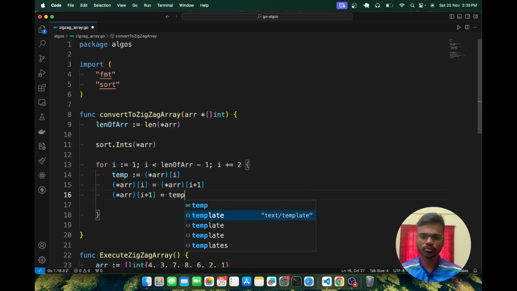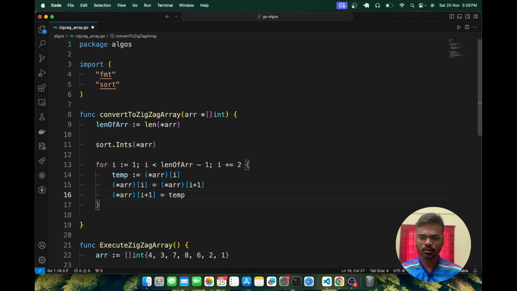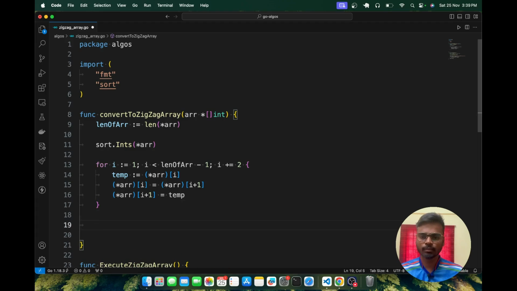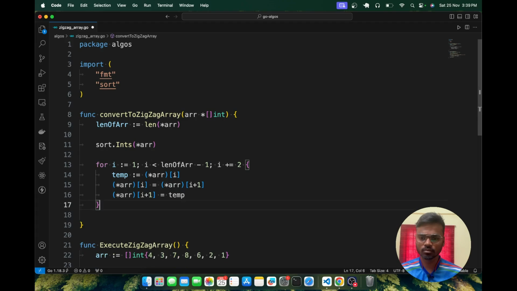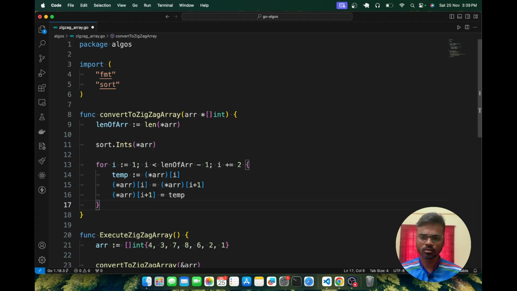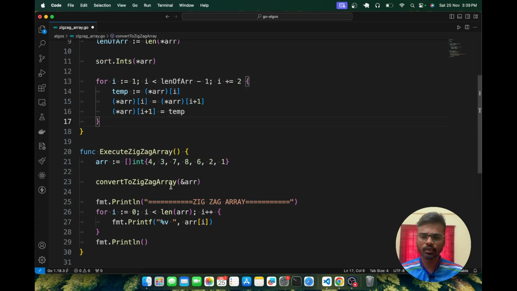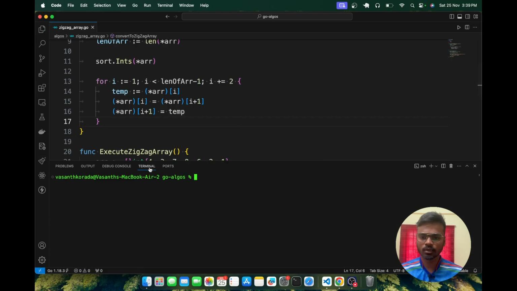That's how you swap two elements in the array. After this the array gets modified and printed to the console. Now if we execute this by running go run main.go, you can see the output array is